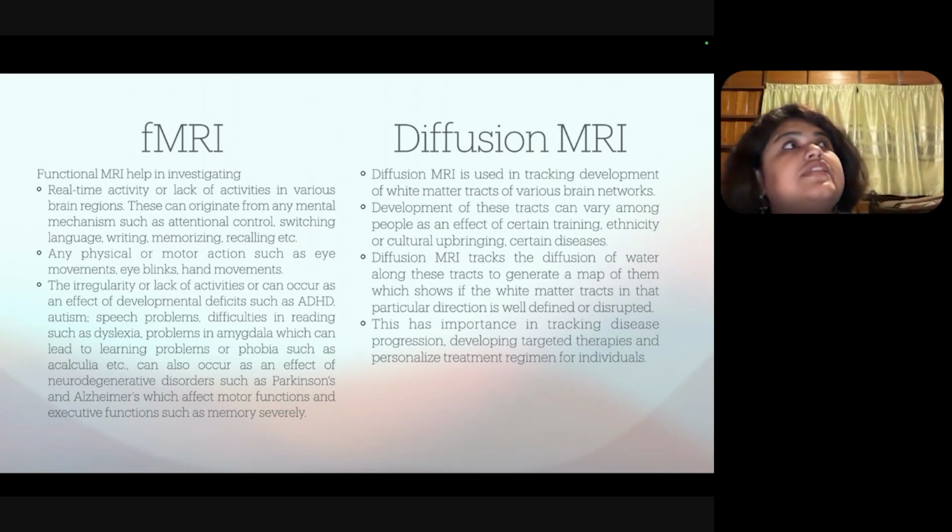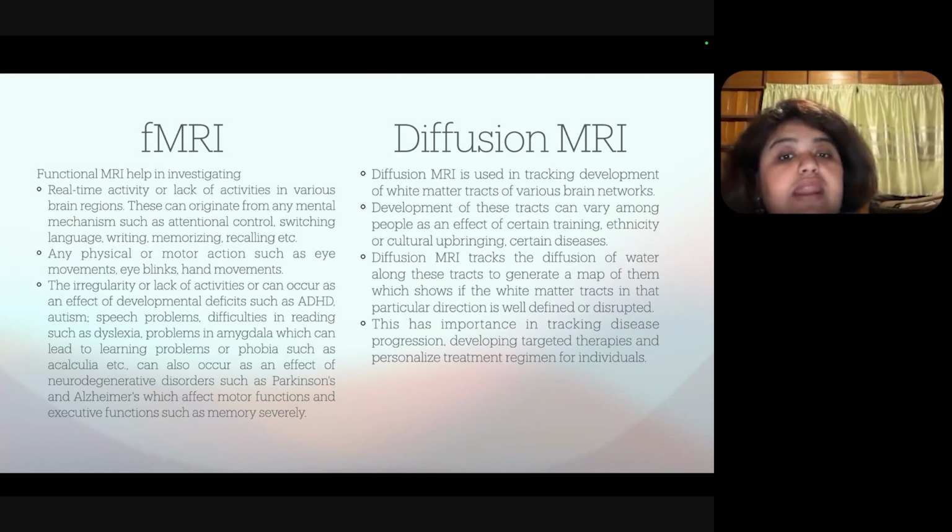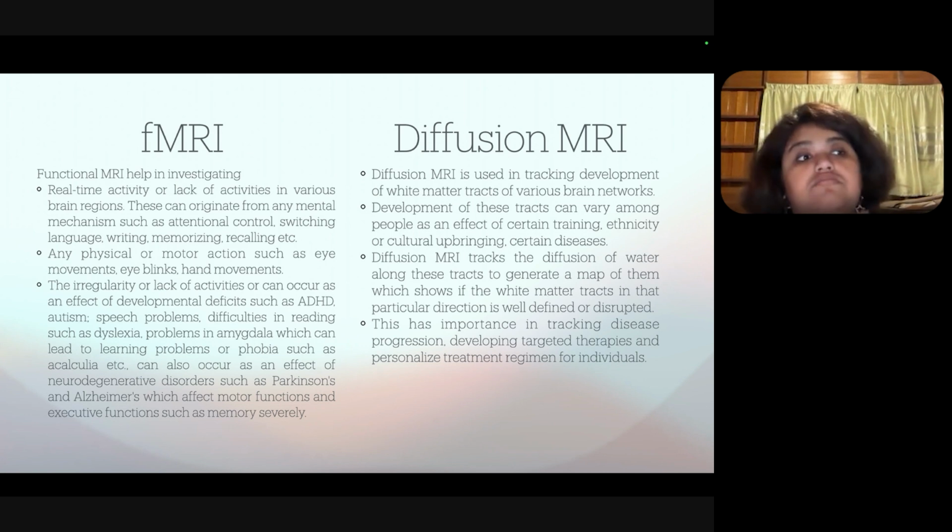In Parkinson's, you will see a severe lack of activity in something called the basal ganglia, which is associated with motor movements. Similarly, there are irregularities in case of children who have attention deficit hyperactive disorder or autism. Some children also suffer from speech problems. They do not talk until they are 10, 11. And sometimes even after that they have to go to speech therapists to be able to talk, to be able to communicate. So these are the situations where there are irregularities and lack of activities.